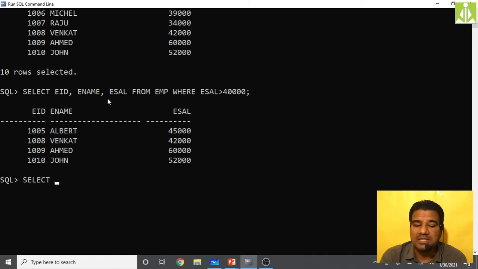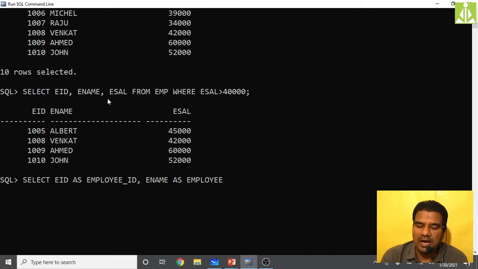So how? Select old column name EID as employee_ID. Okay, again one more column, so use the comma separator. Then old column name ename, new column name after as, employee_name.